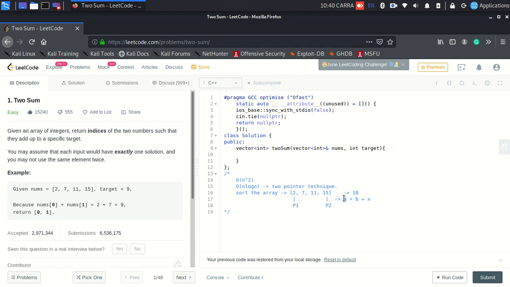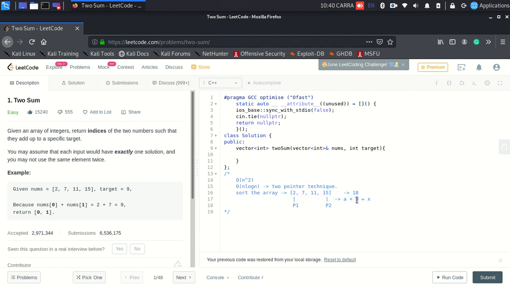So either I can increase a or I can increase b. But I do not have any other element which is larger than 15, because the array is sorted, and of course if it's sorted, the last element is the largest. So I do not have any other element with value greater than 15.